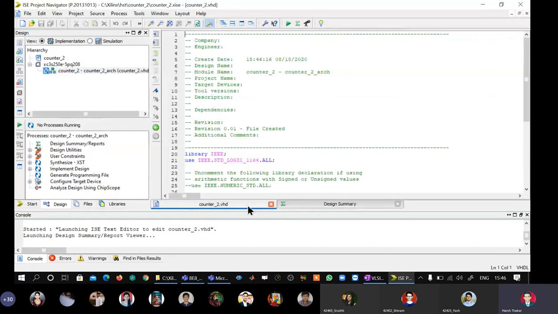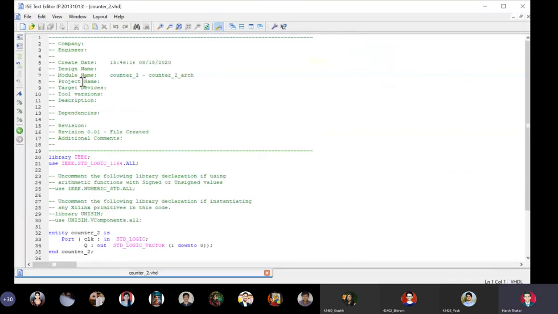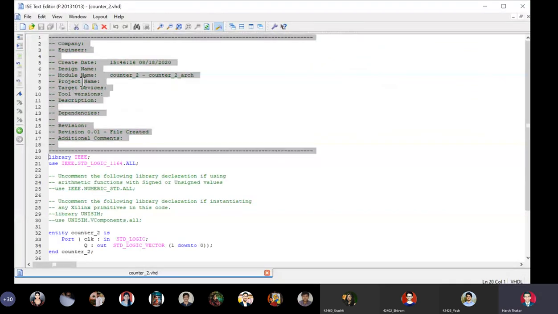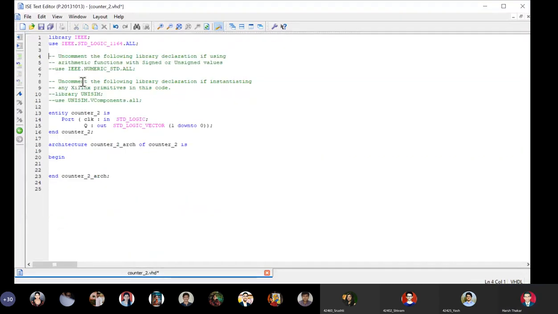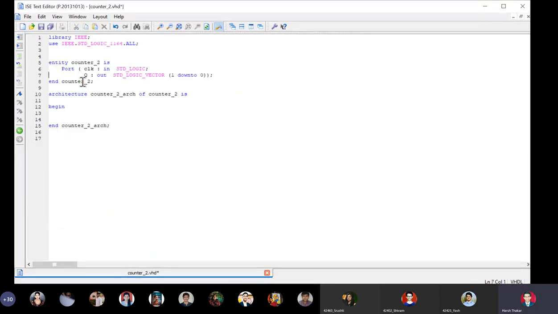Okay. And here I go to float. I will delete all the comments. Here, Q has been defined as out and std_logic_vector 1 down to 0. Okay.